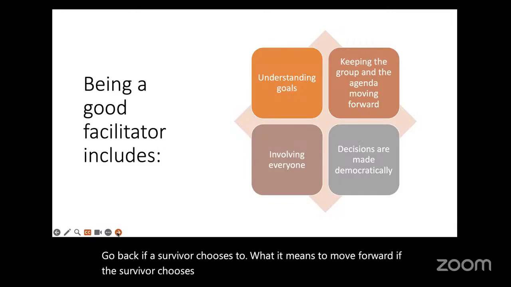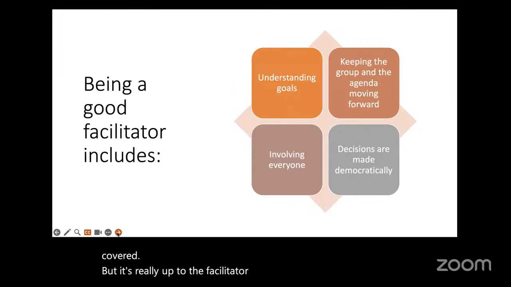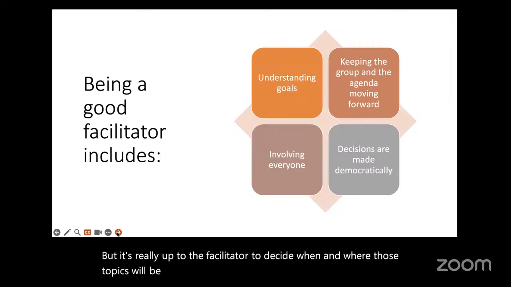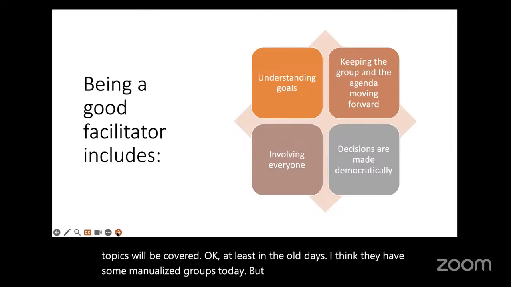And all of those are topics that should be covered, but it's really up to the facilitator to decide when and where those topics will be covered. Okay. At least in the old days, I think they have some manualized groups today, but that's an example